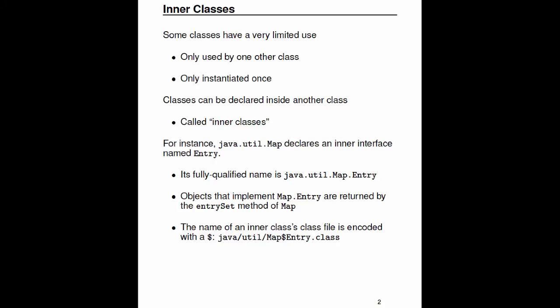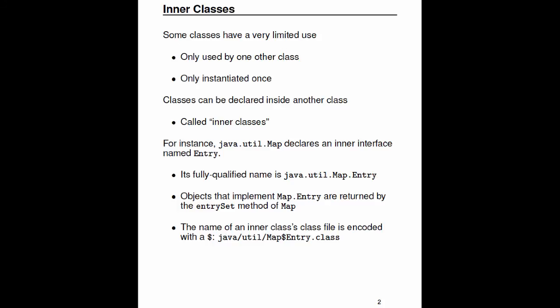So for instance, you can have inner classes, you can have inner interfaces. Also, the java.util Map interface declares an inner interface named Entry. And we've touched on this before. An Entry is basically an object that represents each key value pair in a map. Map has that method called entrySet that returns a set of Map.Entry. Now, this Map.Entry is an inner interface of java.util.Map, and so the fully qualified name of that inner interface is